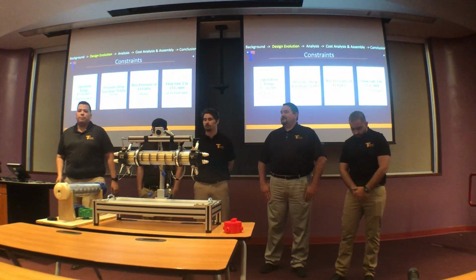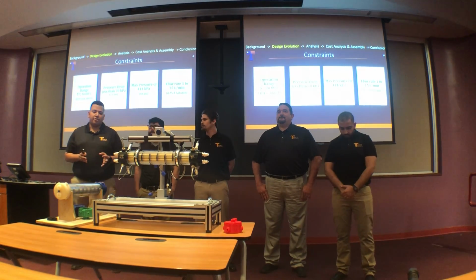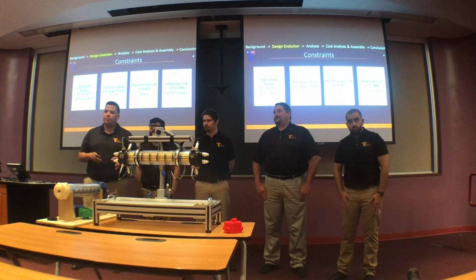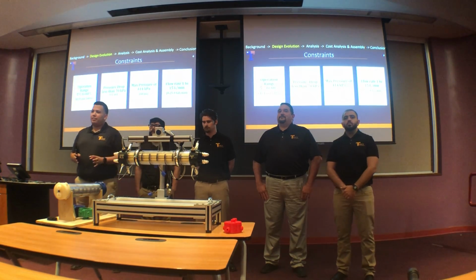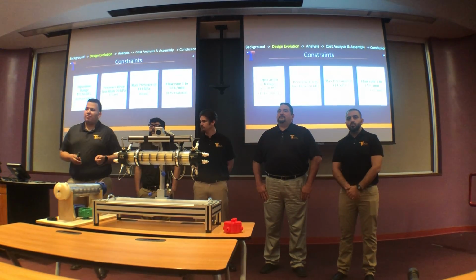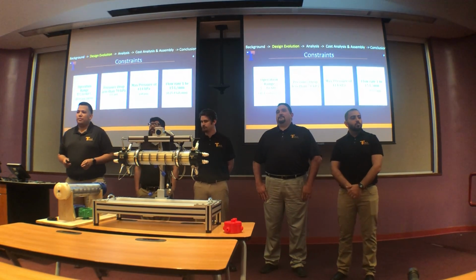Hello. So the following constraints were set upon us. The heat exchanger had to function between 5 degrees Celsius to 60 degrees Celsius with a pressure drop less than 70 kilopascals. The max pressure that will be run in the system will be 414 kilopascals, with the flow rate being from 1 to 15 liters per